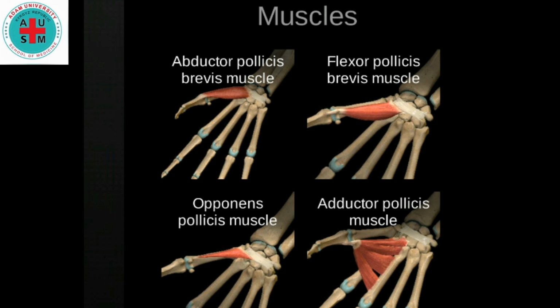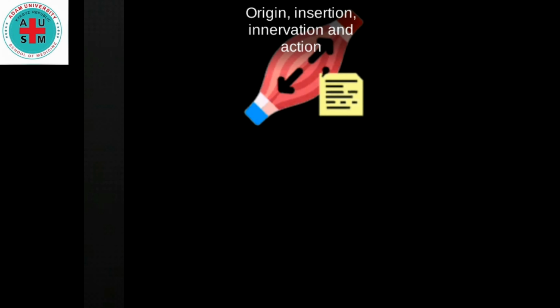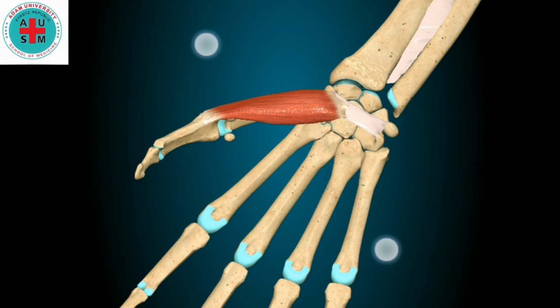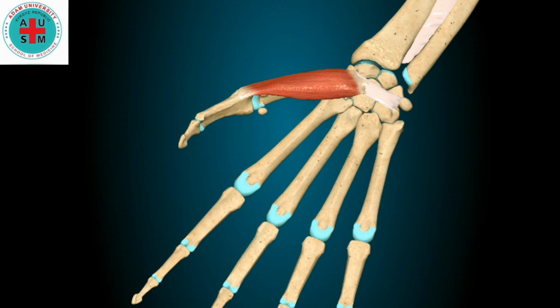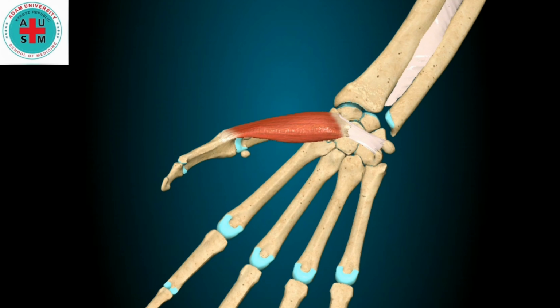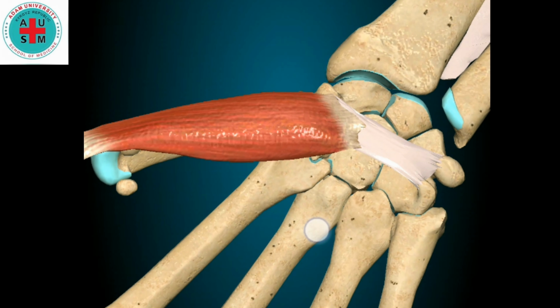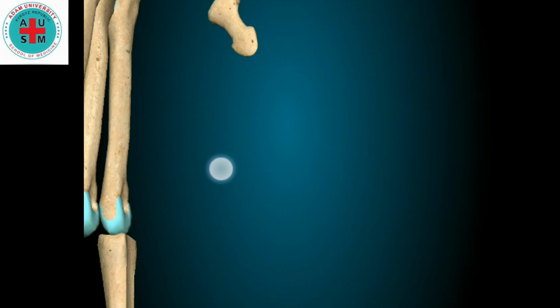Now we will discuss one by one. First of all, we will discuss the thenar eminence muscles. Number 1, abductor pollicis brevis muscle. So abductor pollicis brevis muscle originates from the crest of the trapezium, and also from the flexor retinaculum. Okay, this is the flexor retinaculum,